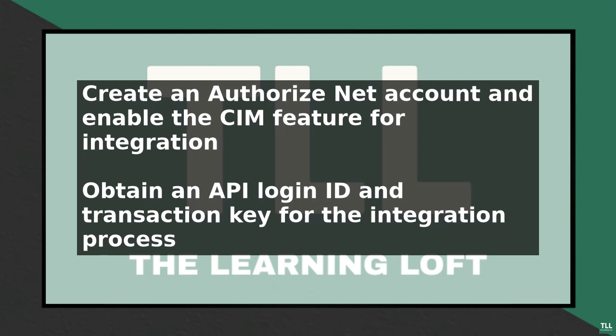Now, let's move on to the setup process. The first step is to create a customer profile, which involves sending a request to the Authorize.Net API with the customer's information, including name, address, and payment details. The API will then return a customer profile ID, which is used to identify the customer and store their payment